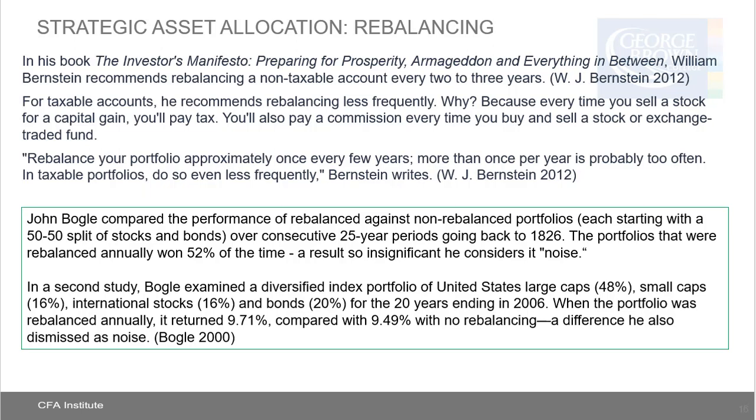In a second study, Bogle examined a diversified index portfolio of United States large caps 48%, small caps 16%, international stocks 16%, bonds 20%, for the 20 years ending in 2006. When the portfolio was rebalanced annually, it returned 9.71%, compared with 9.49% with no rebalancing, a difference he also dismissed as noise. Okay, so again on rebalancing, it's not set in stone what the exact advice is,